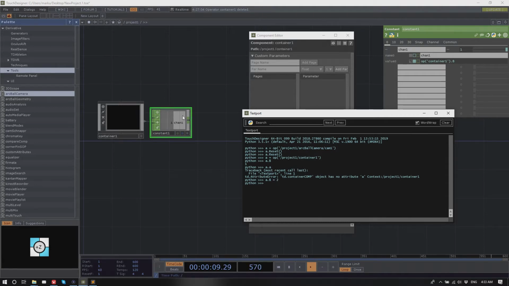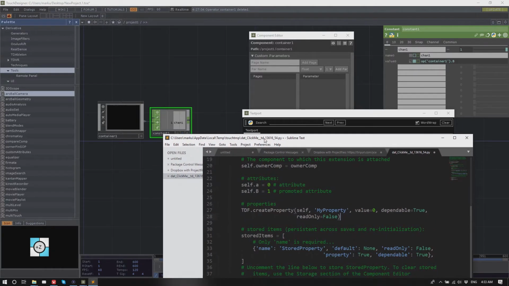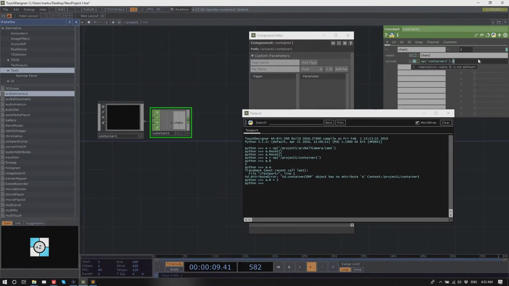I don't get an update here. But if I reference this property, which is called myproperty, and now I update this, a.myproperty equals 2, the node updates.